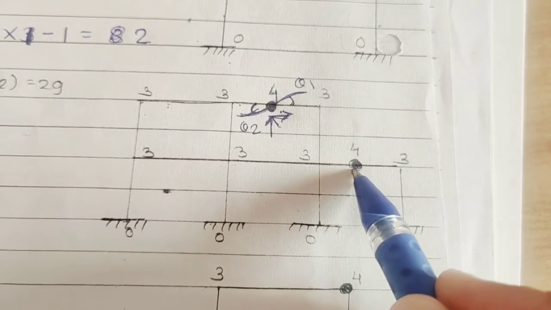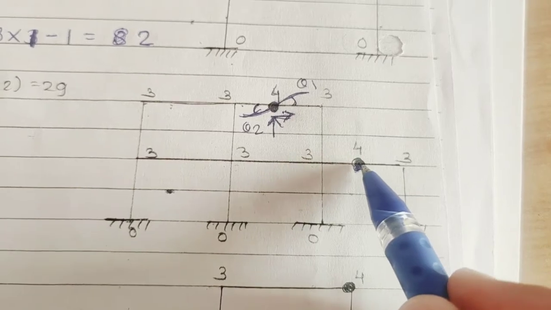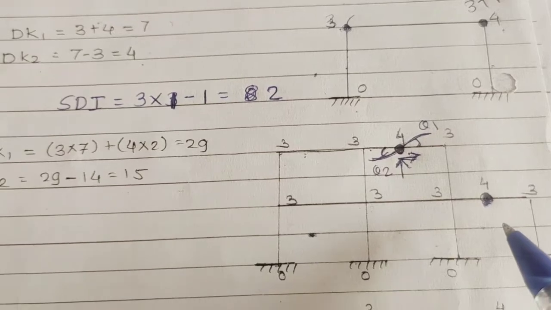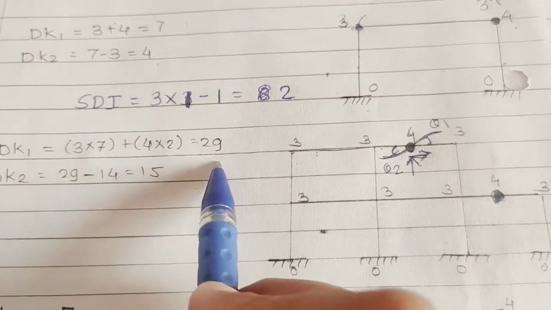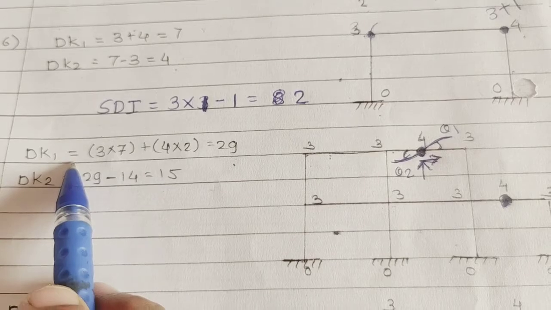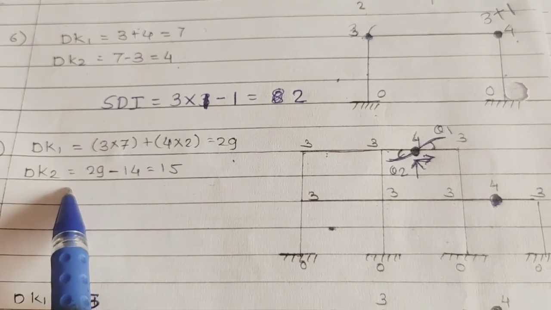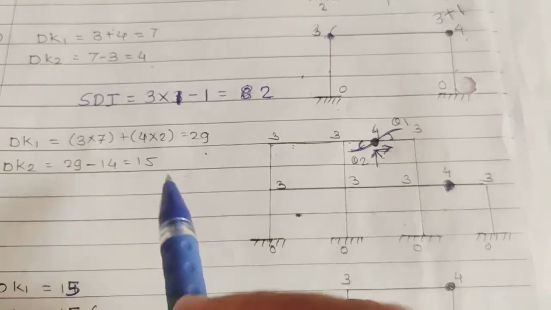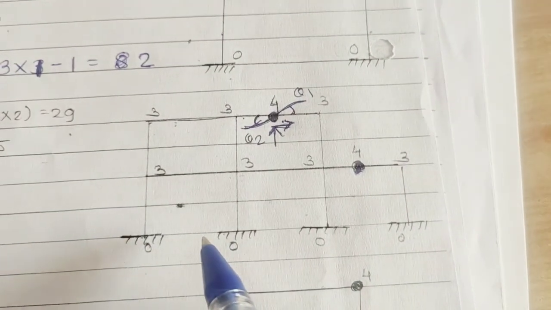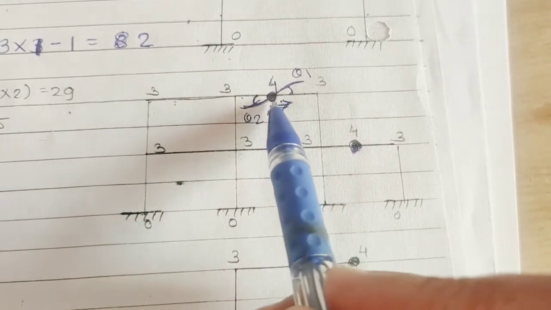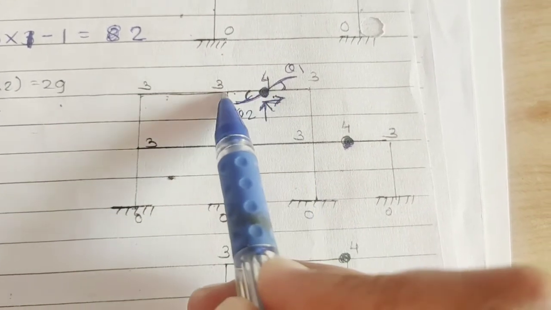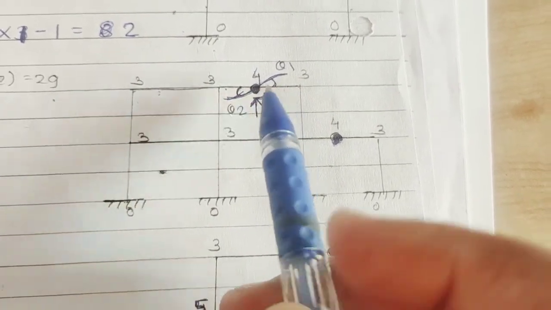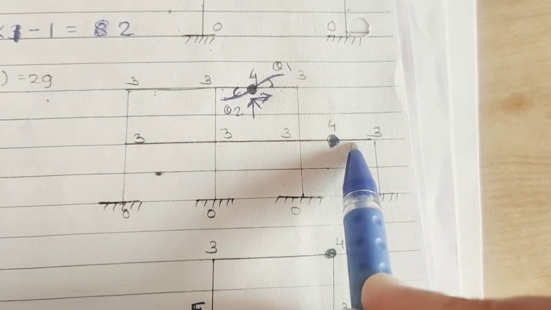Similarly, consider the 4 displacements for this particular hinge, means the total number is equal to 21 plus 8, and that is equal to 29, that is the value of DK1. Then you have to calculate DK2, again count the number of members and subtract that from DK1. Here, while calculating the number of members, due to this internal hinge, this total member is divided into 2 members, means here you have to consider 2 members. Similarly, here you have to consider the 2 members.